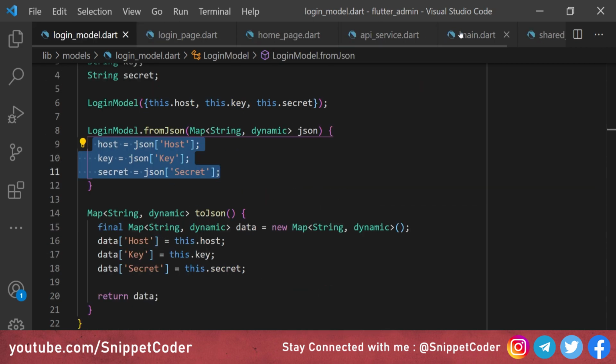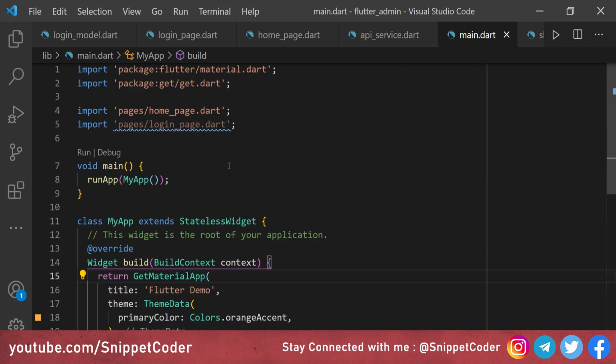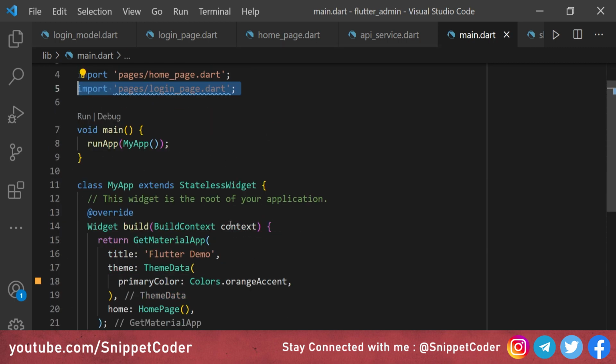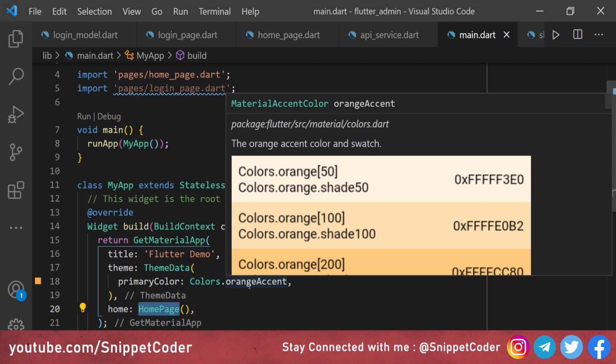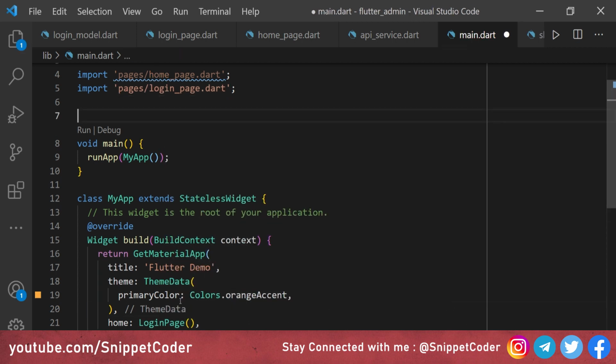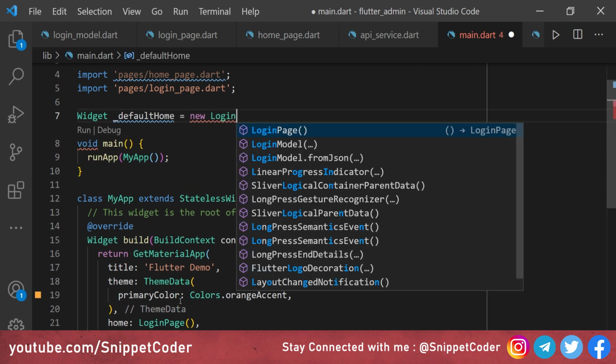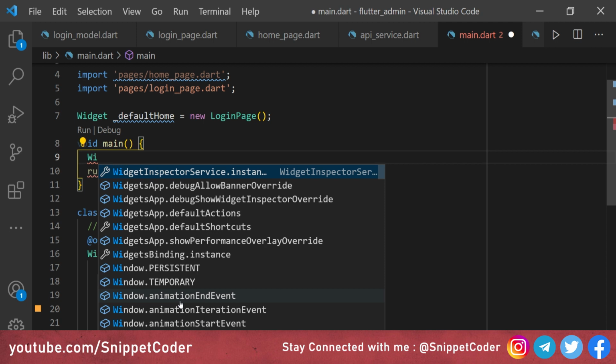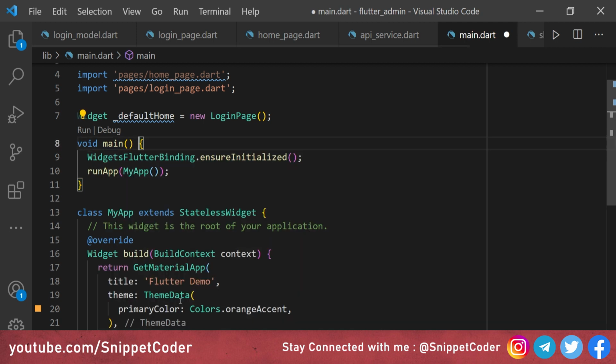So now in the main.dart file we will check if the user is logged in or not. On the basis of that we will open our home page or our login page. Here we will create one variable and name it defaultHome equal to new LoginPage, and here we will have WidgetsFlutterBinding.ensureInitialized, and we will make it async.